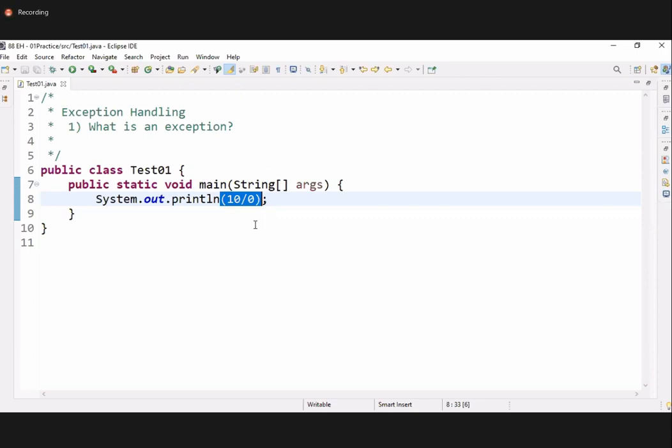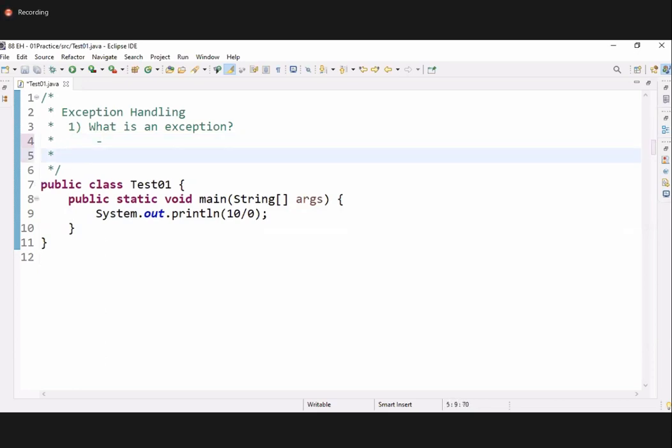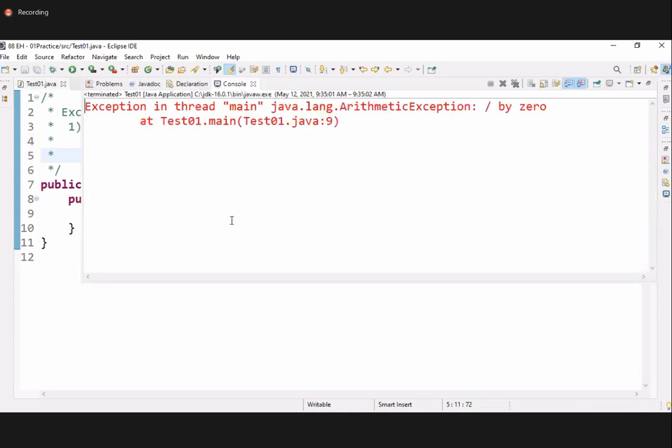So if somebody asks what is an exception, an exception is a runtime error. It is caused due to wrong values given by the end user during program execution. Then there is still one more definition of the exception. Try to understand. When you run this program, you get a message like this: exception in thread main